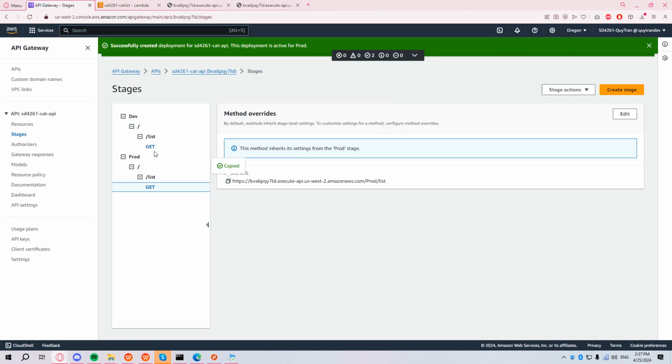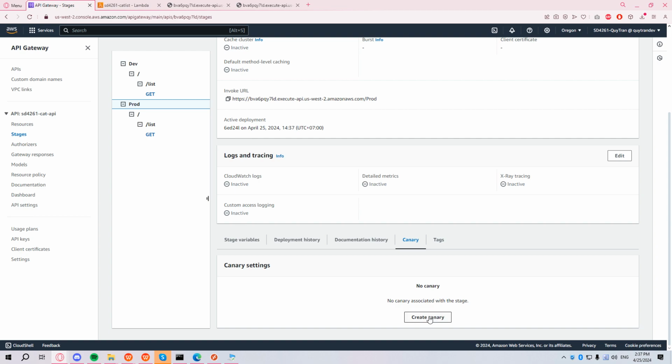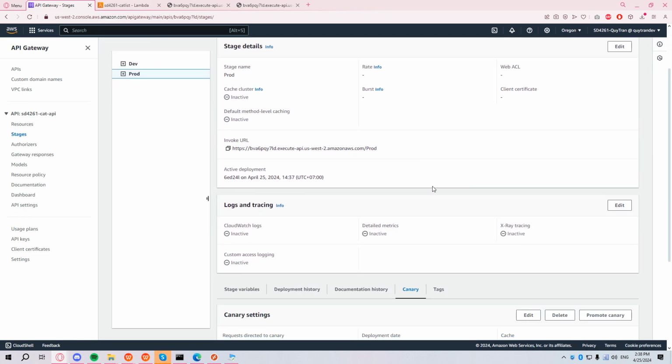Now we're gonna head back to production, and here we go to Canary. We will create a new Canary deployment. In here I've set it at 50/50. So with this kind of setting, whenever a user requests our API, it will distribute the requests between the Canary and the current stage. Whichever number we enter here will determine how often the request will switch between the two stages. So here we create a Canary,